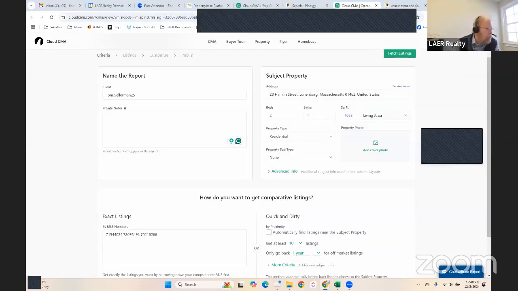Yep, 2-bedroom. And I could put a cover photo in if I had a cover. Actually, you know what? Let me just do this real quick. I'm going to save that image and I will put that into